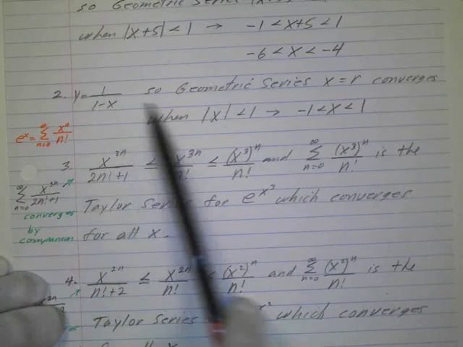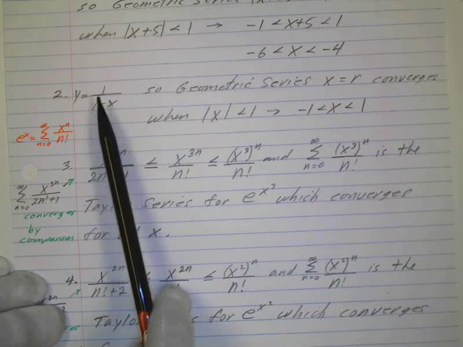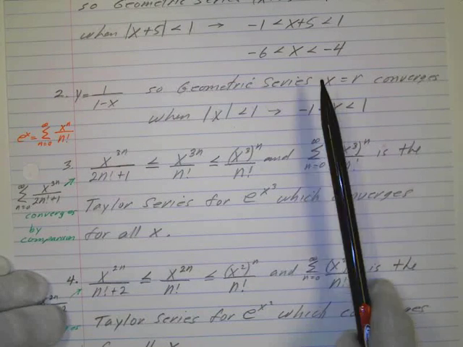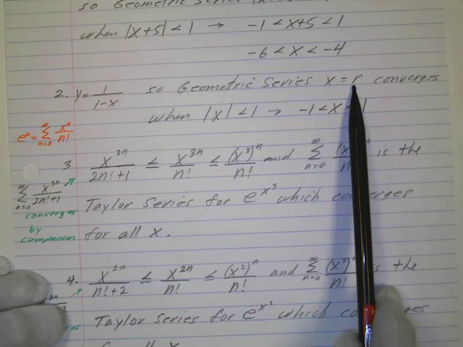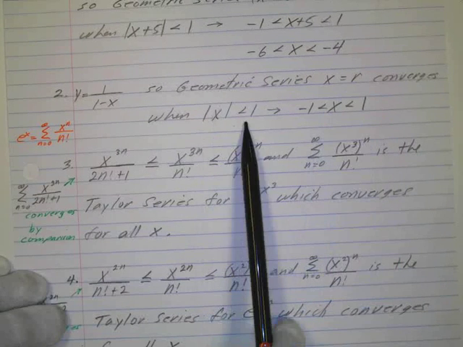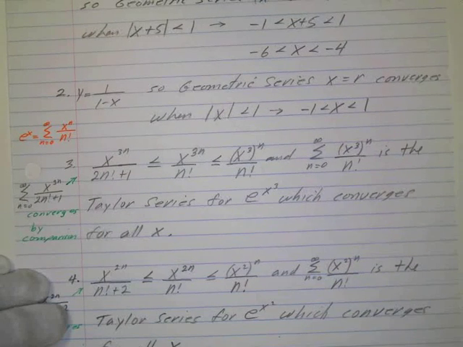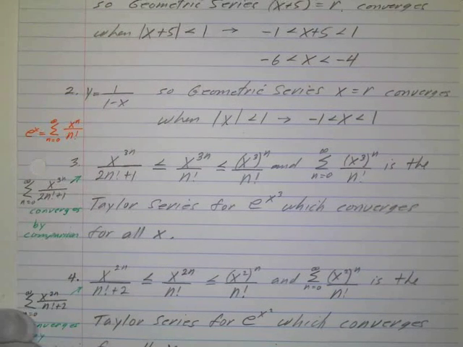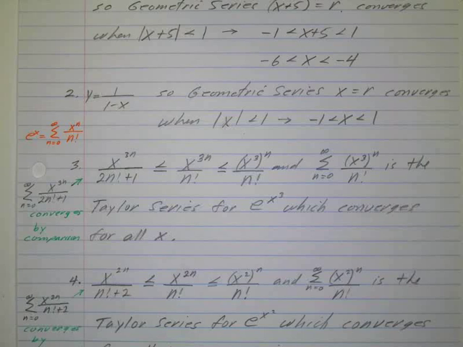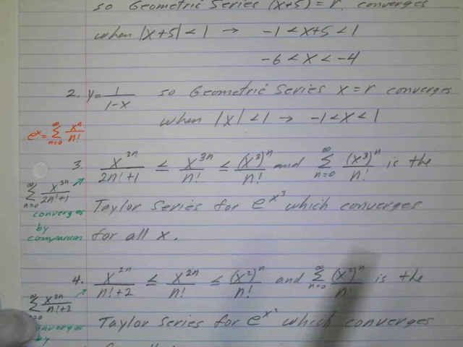On number 2, same idea. This is a little bit even more straightforward. 1 over 1 minus x, so this is a geometric series. x equals r, converges when the absolute value of r is less than 1, so when the absolute value of x is less than 1, so x is between negative 1 and 1. So that wasn't too bad either. Okay, that was number 2. Okay, and then number 3,